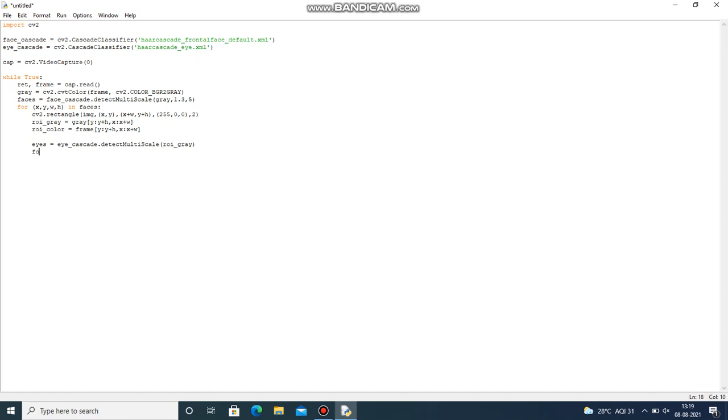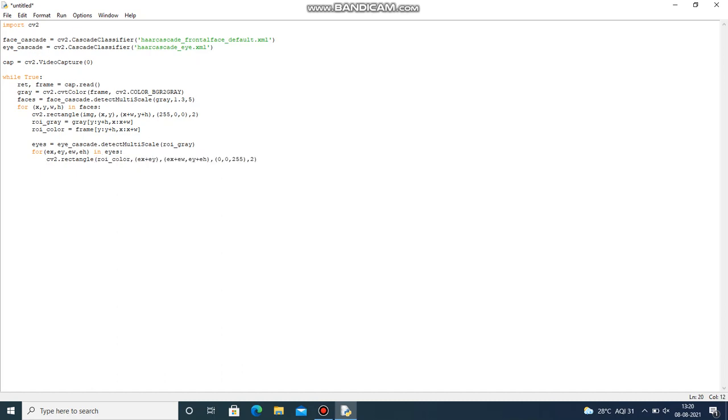Now let's give for ex, ey, ew as well as eh in eyes. cv2.rectangle, we are drawing a rectangle in the colored image itself, roi_color, (ex, ey), and (ex plus ew, ey plus eh). Now the color is 0, 0, 255 and the thickness is 2.